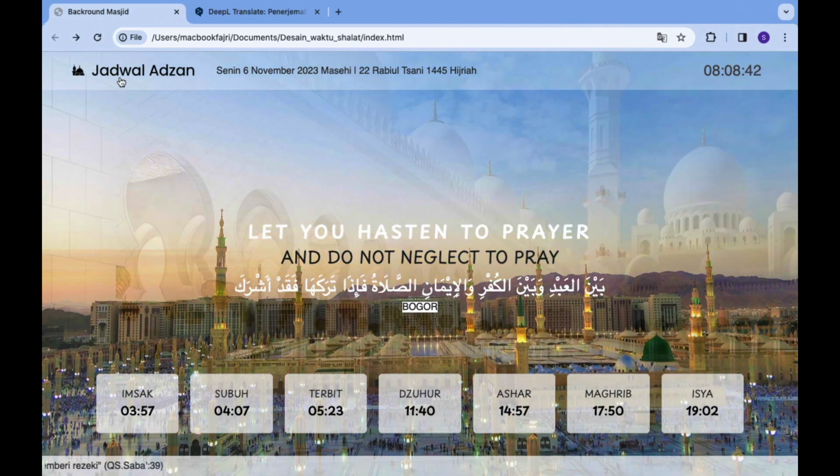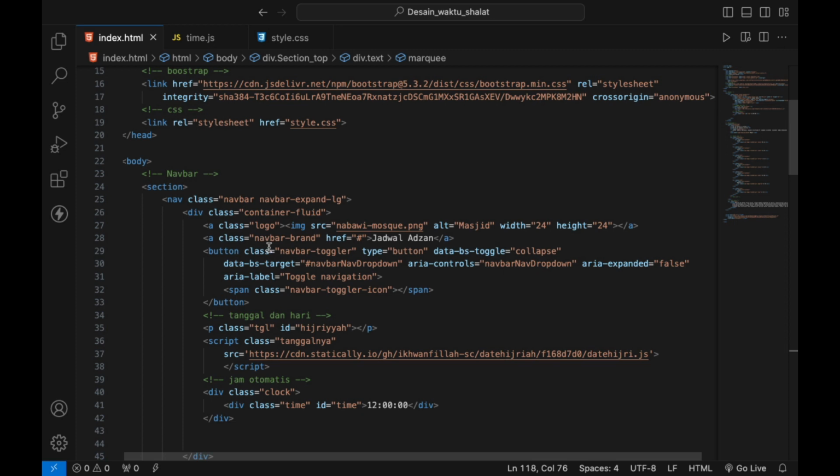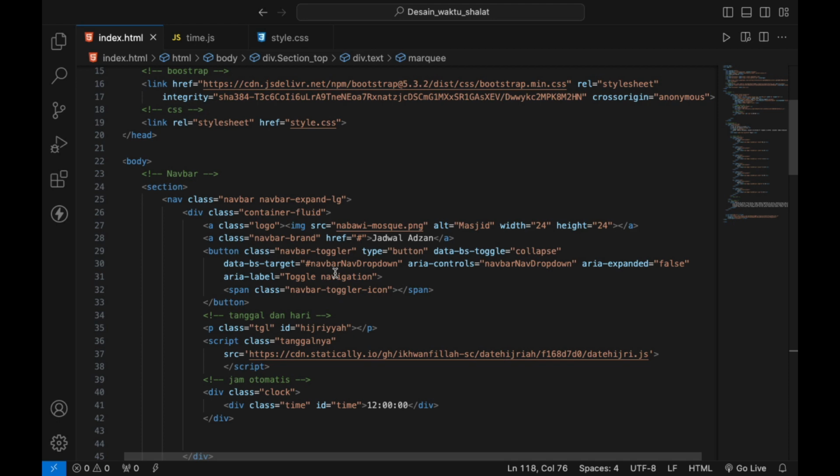For this jadwal azan, I make it with an a href, and the class is navbar-brand, jadwal azan.